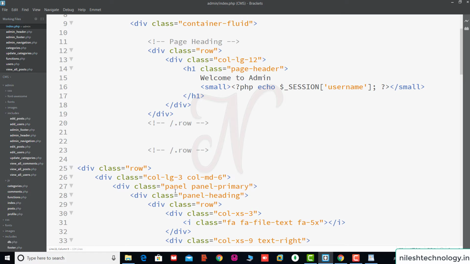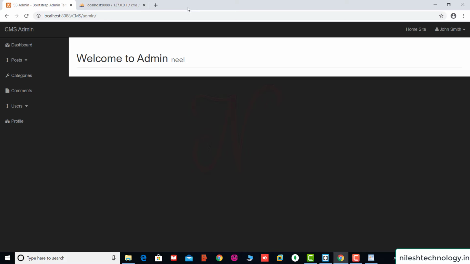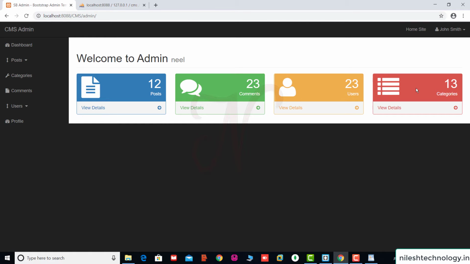Save these changes and test. Now perfect. Here we display all of this data statically.